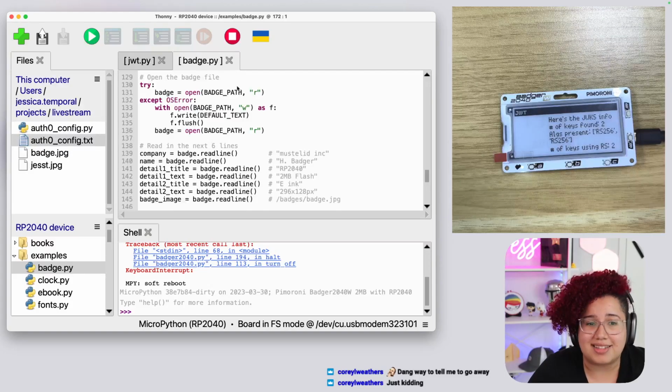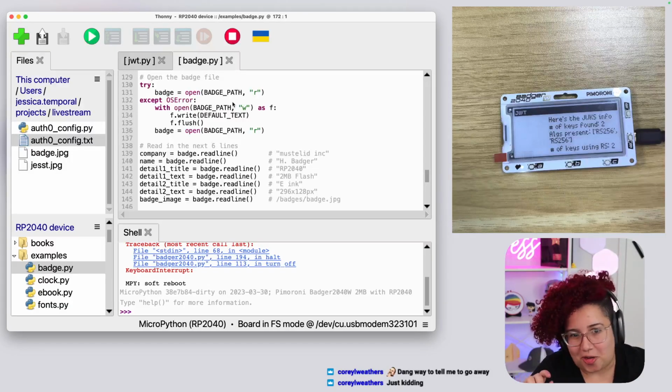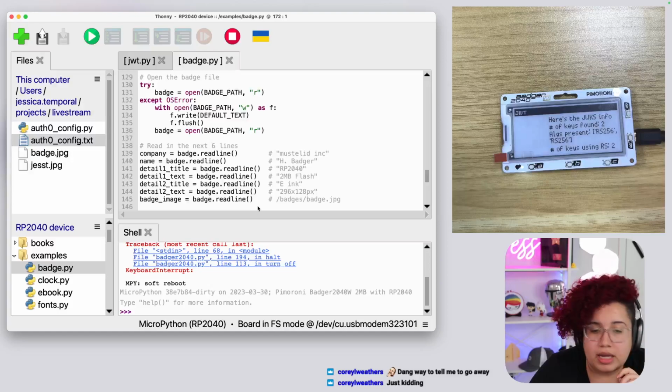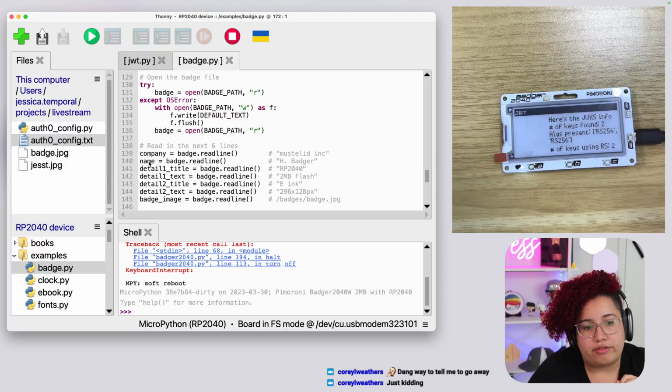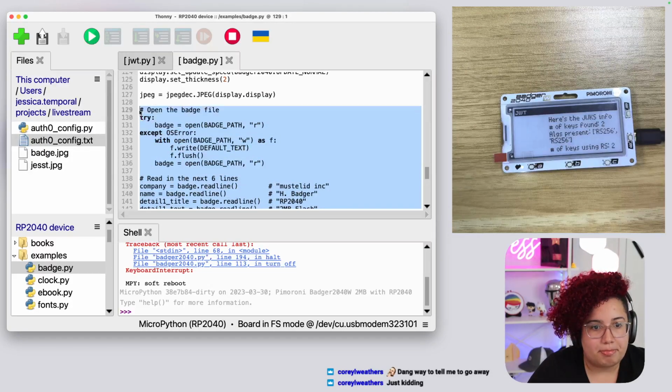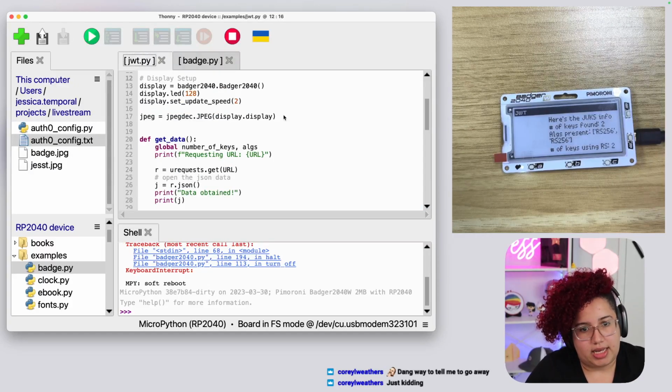which I guess probably all of my JWT code should be inside of a try except thing, so that it doesn't show the error on the badge anymore and shows a friendly message saying, hey, something went wrong, please recheck your code or something, but that comes later. And then this part here reads all the lines in that file and puts everything inside of one variable each. So what I'm going to do, I'm going to copy this try except for the open, and I'm going to put that in here somewhere.